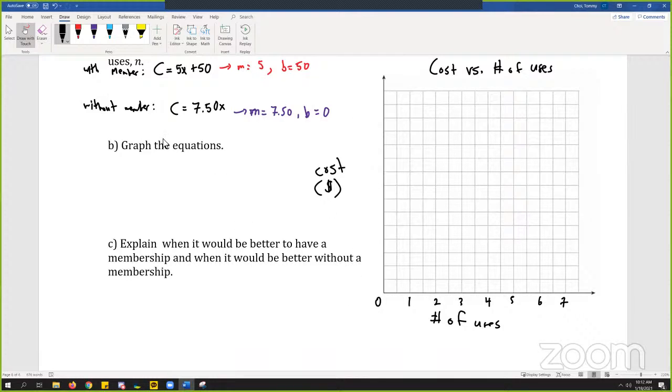For our cost, well, we need to figure that out. So why don't we figure out our x and y tables here? If we're going to graph it using our equations, it's much easier to use our x and y values. Sorry, not x and y intercepts, the x and y values. So for the first equation,